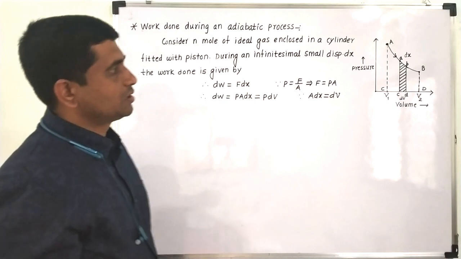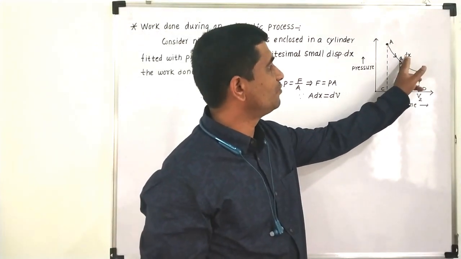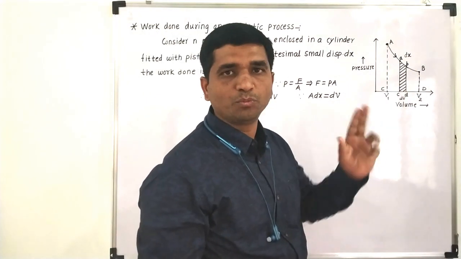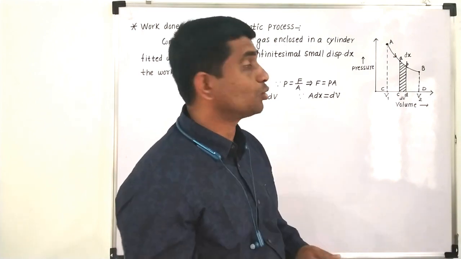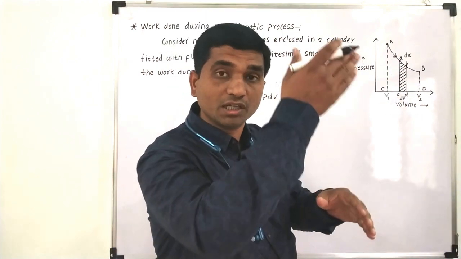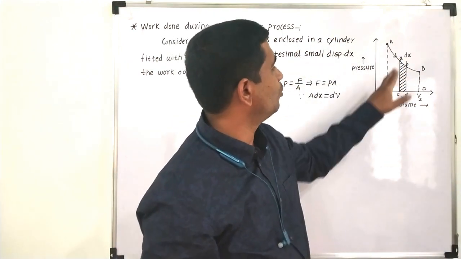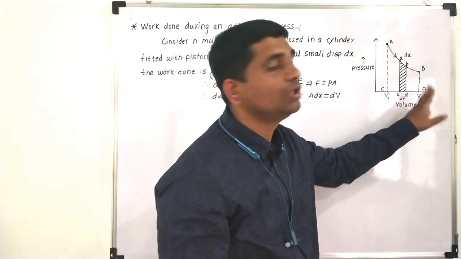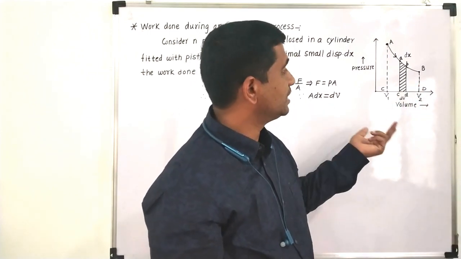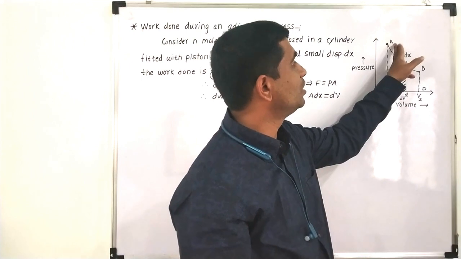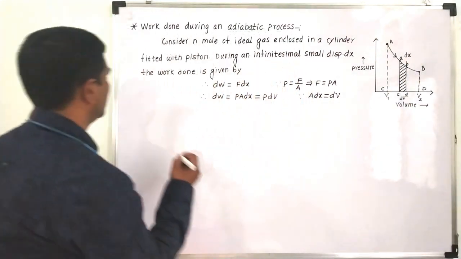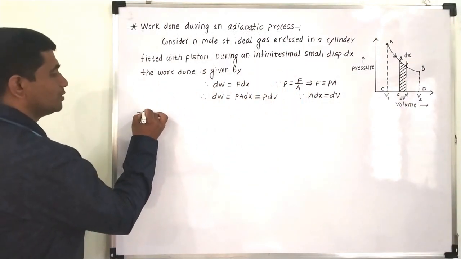Now suppose we have calculated this work done when the piston is moving from point A to point B. Now we have to calculate the total work done when we do a total expansion of the gas, when my volume is increasing from V1 to V2. So what will happen at that point? We are going from point A to B. Therefore, the total work done